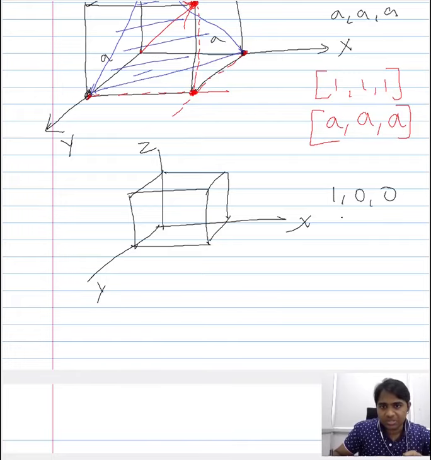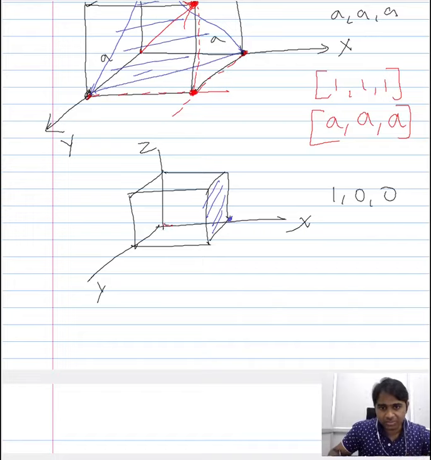So 1, 0, 0 as a plane would represent this, because that is the intercept. The plane would make an intercept along the frame of reference, along the principal axis x. It doesn't have any intercepts along the y and the z direction. Now similarly, when you talk about the direction, the only non-zero term is along the principal axis of x, and therefore the direction would be in this way.